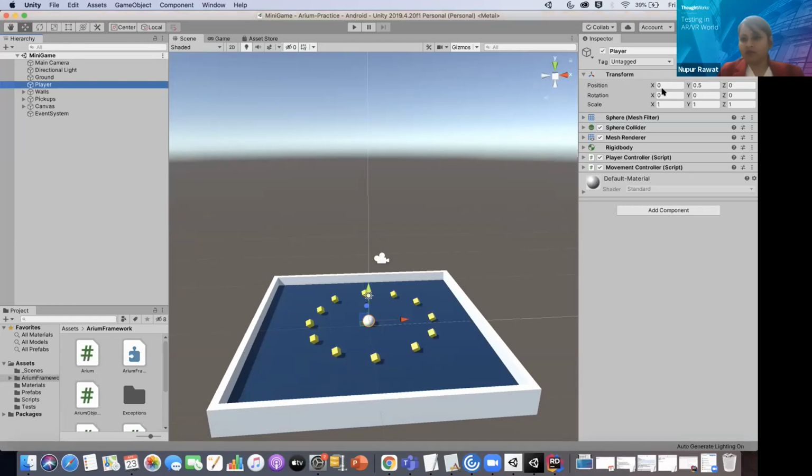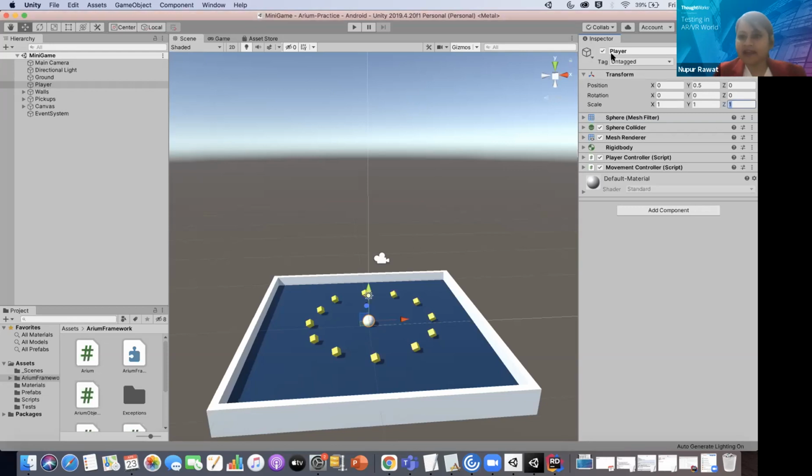As the ball moves, these x, y, z coordinates will change depending on the position of the ball. Then second is the rotation. My ball is not rotating, so my rotation components are always going to be 0, 0, and 0 here. Then the scale. Scale means the size of the ball: the x-axis size, y-axis size, and z-axis size. So these are the transform properties of the ball.